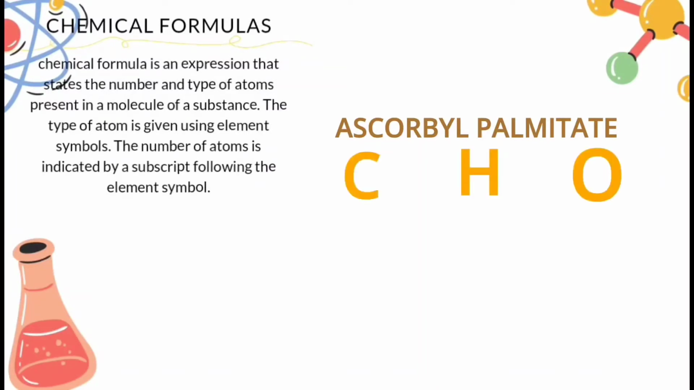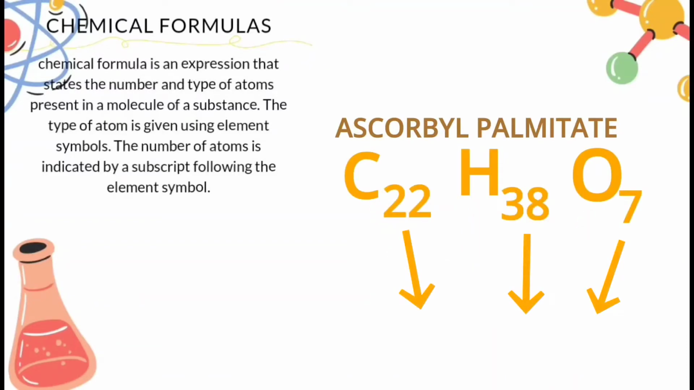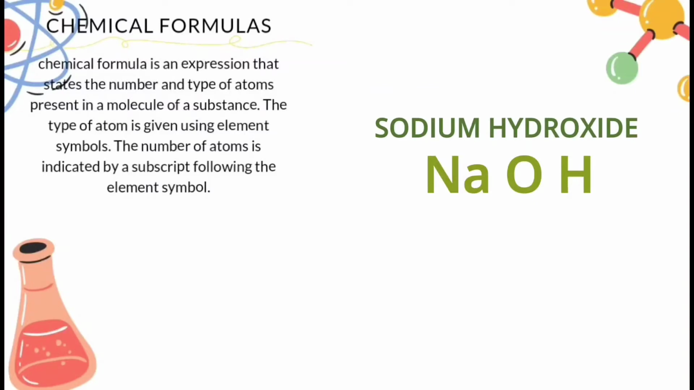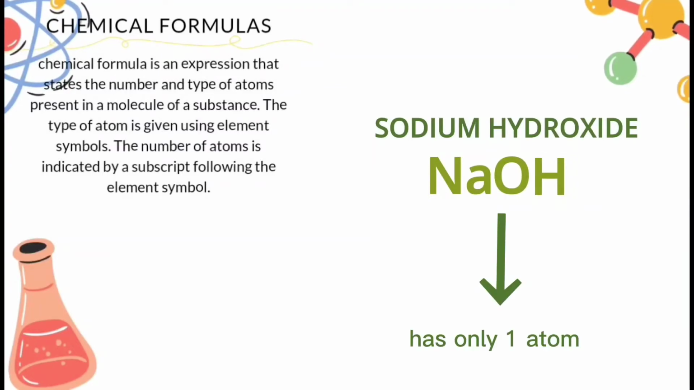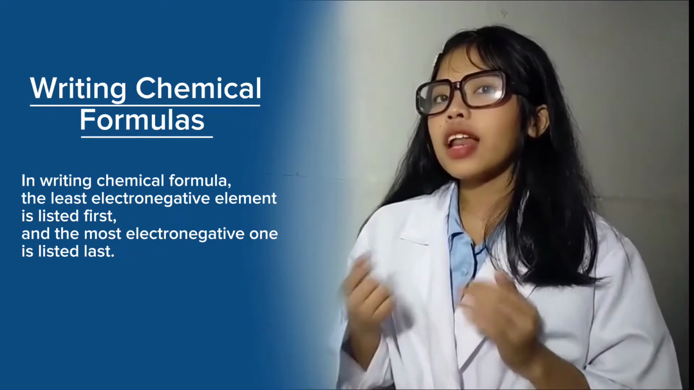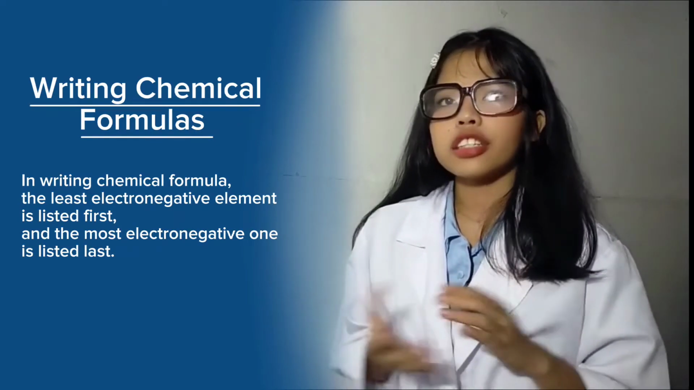The type of atom is given using element symbols. The number of atoms is indicated by a subscript following the element symbol. As you can see in the sodium hydroxide chemical formula, there is no number of atoms since sodium, oxygen, and hydrogen have only one atom. In writing chemical formulas, the least electronegative element is listed first and the most electronegative ones